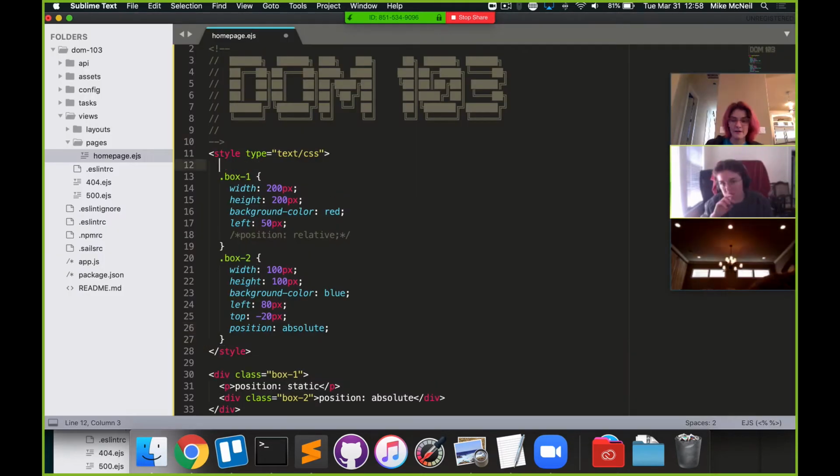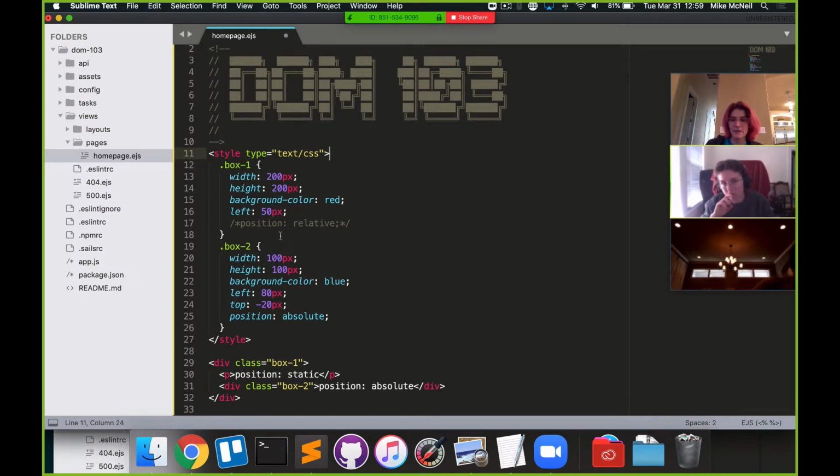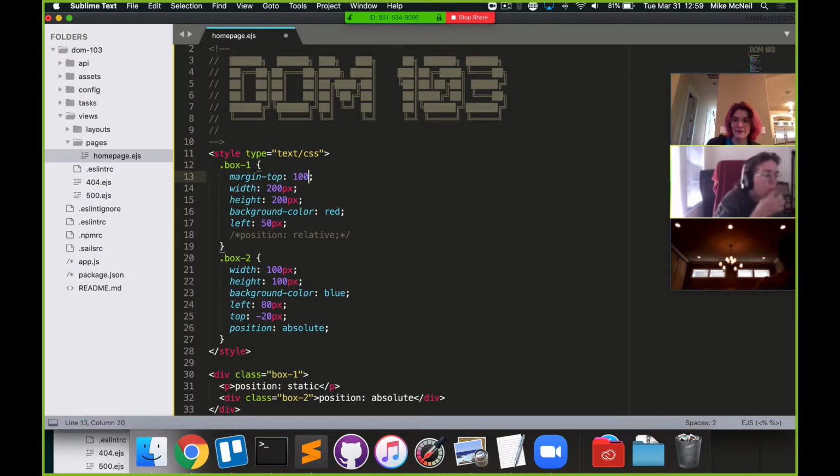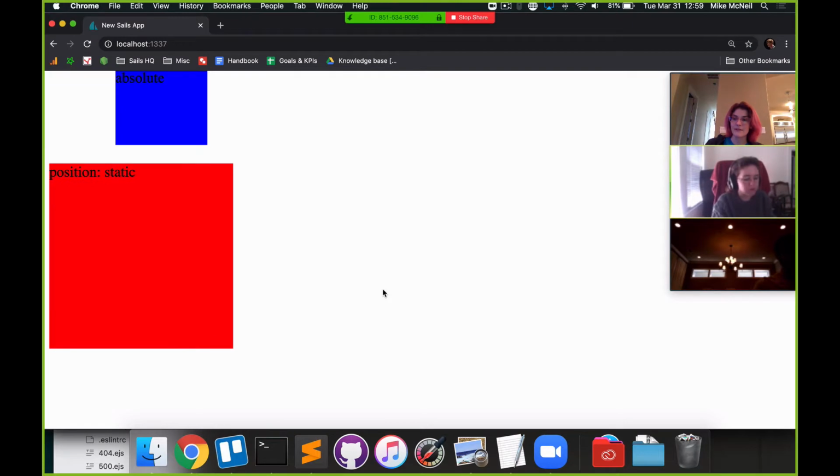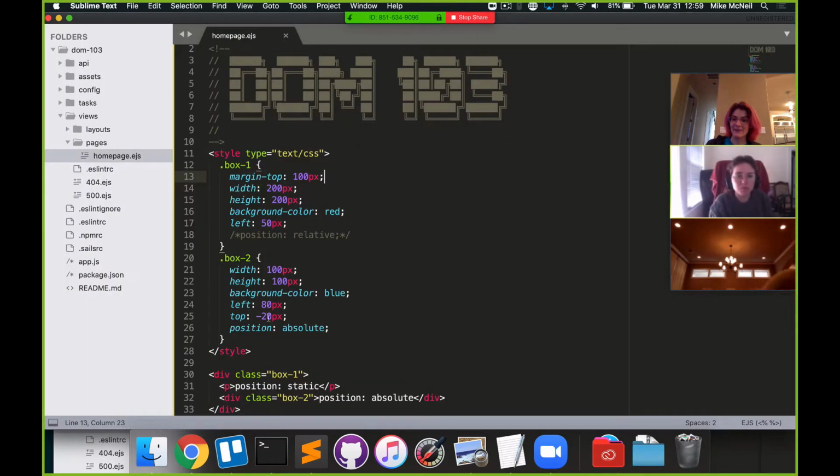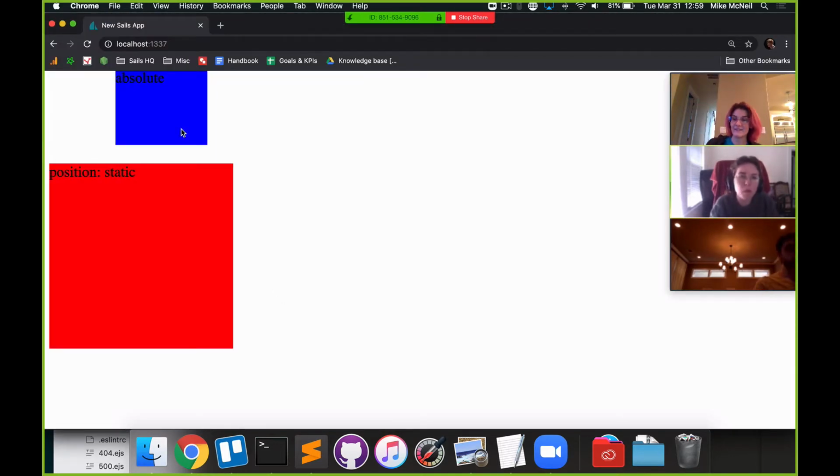All right, so give this a top margin. Show what's up with this one. You'll see no matter where this has moved around on the page, this box is still in the same place, and it's still negative 20 pixels up, and that's because